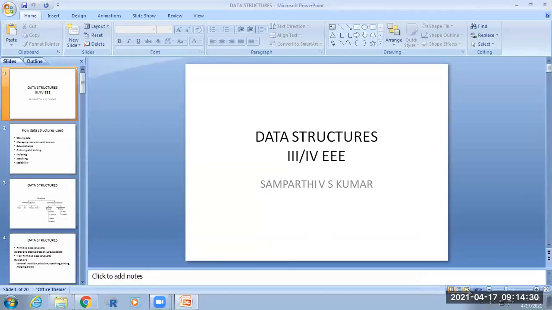So what is an array and what are the different operations on an array? Let us discuss the different types of operations on an array.